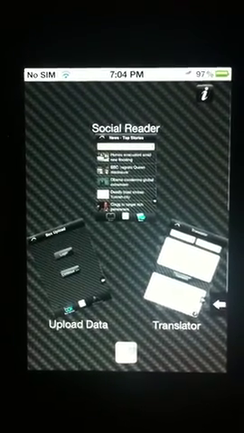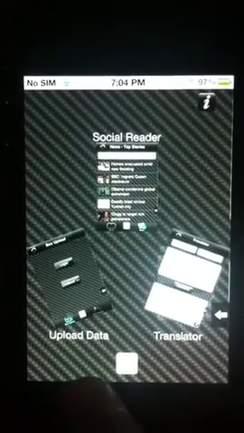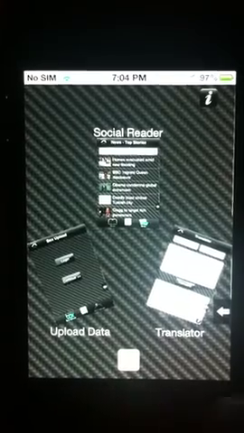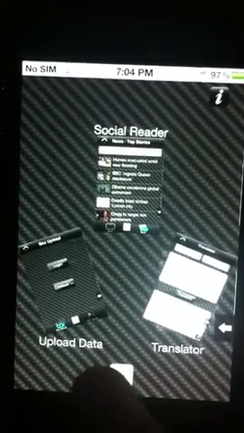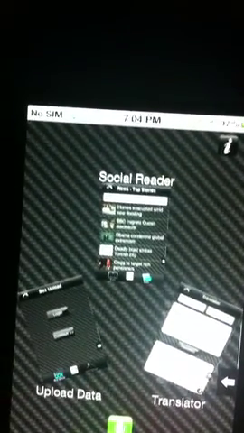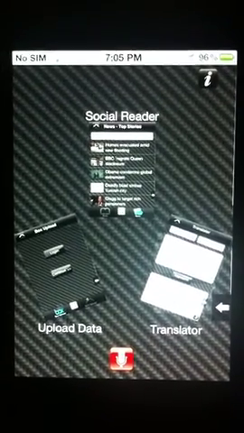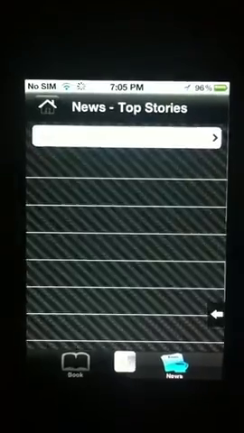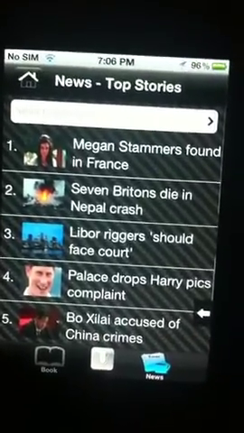So let's have a quick look over the social reader, which is a news and book reader. I will tap on this microphone button, it will start listening, and I will say news and it responds to me. Listening. News. Done listening. So here is my news section open. I have various news contents here, so I can read any of my interesting news.